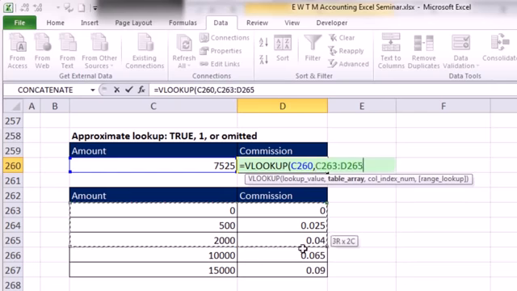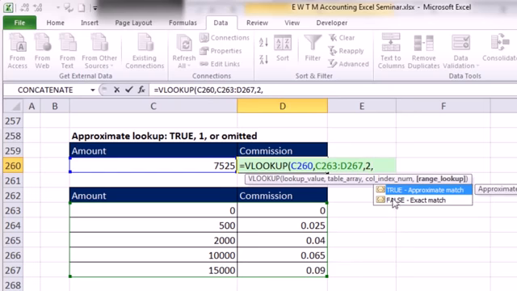All right, so the table's the same. We still only have a 2-column table, and the second column has the thing I want to retrieve. Now we can put true, but we don't really have to, or a 1, but we don't really have to. If you know the default for this function, you can leave it out. The default is approximate match. Now, there's a hint